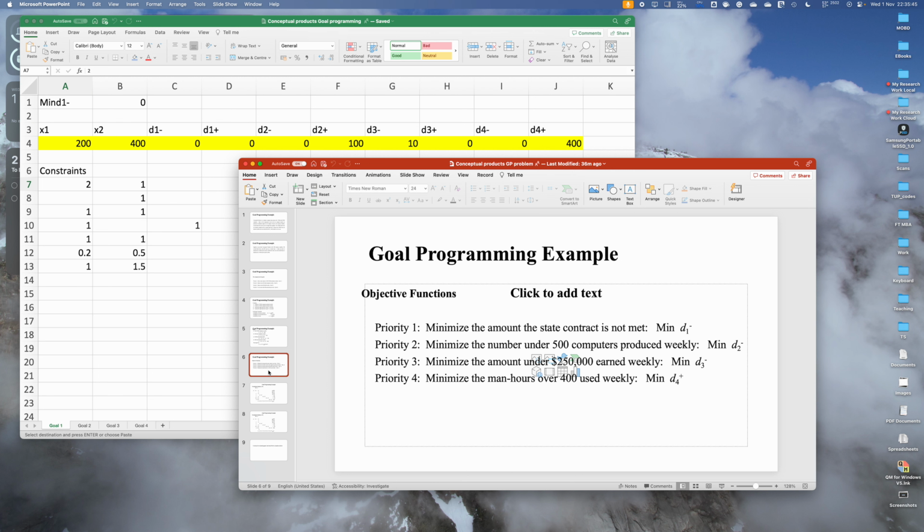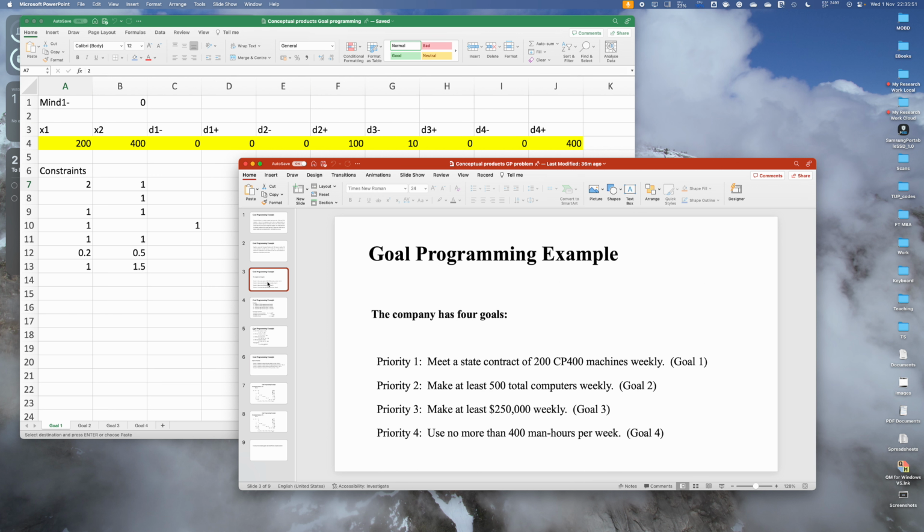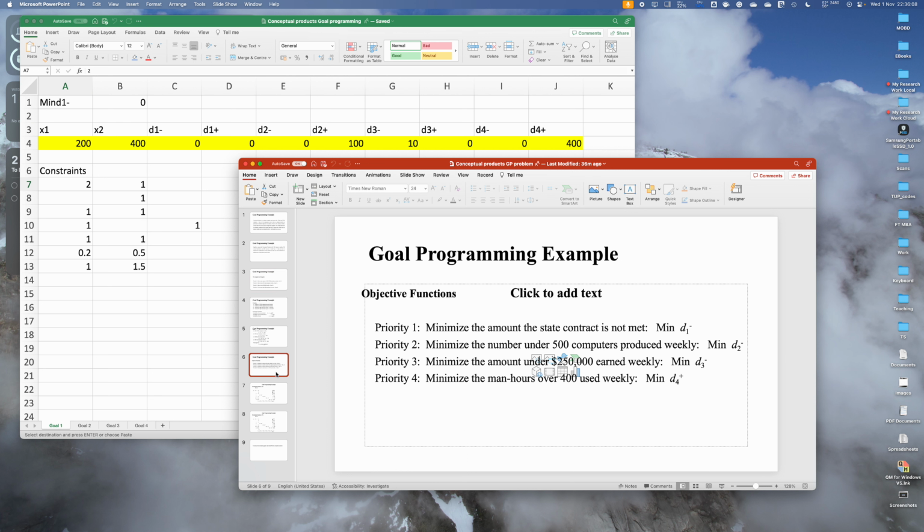So the first priority is that I want to meet the state contract, which is a minimum of 200. I have to meet a state contract of 200 CP400, which is priority one. So if I overachieve it, fine, but if I underachieve it, that's not good for me. That is why I need to minimize the underachievement. That is why for priority one, goal one, the priority is to minimize the amount the state contract is not met,